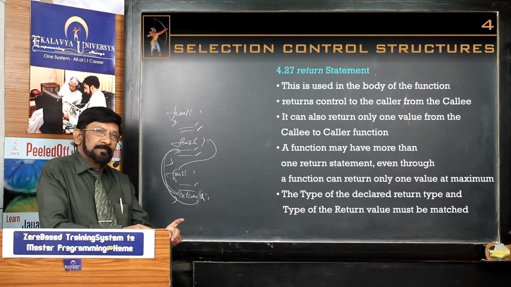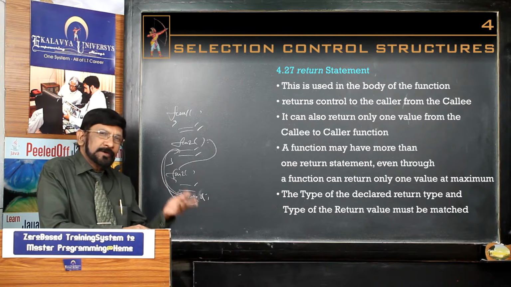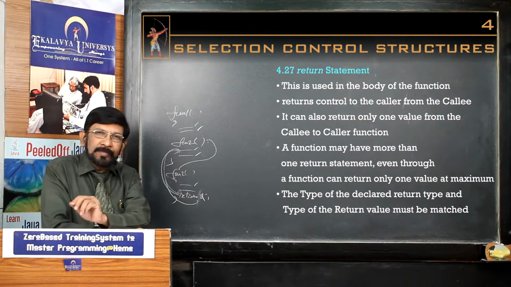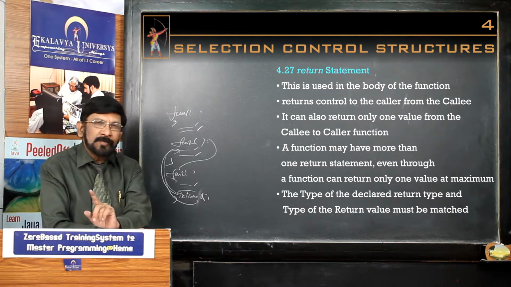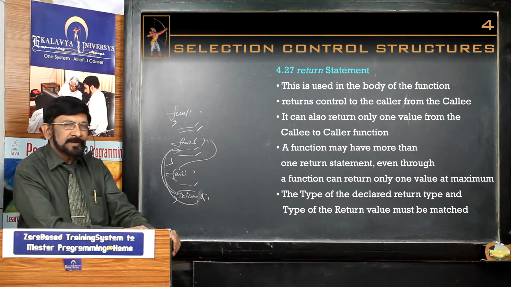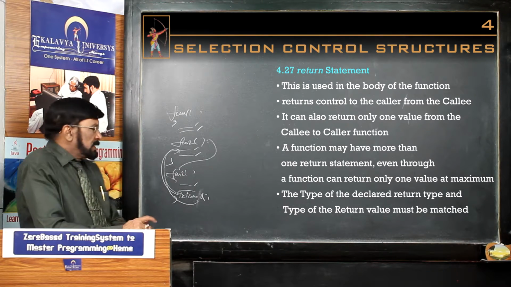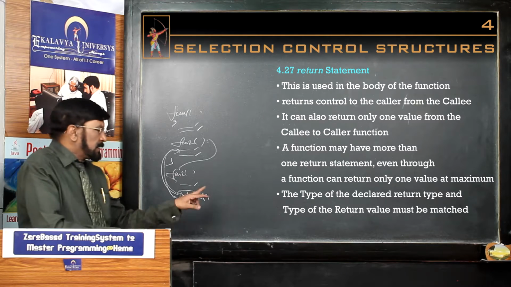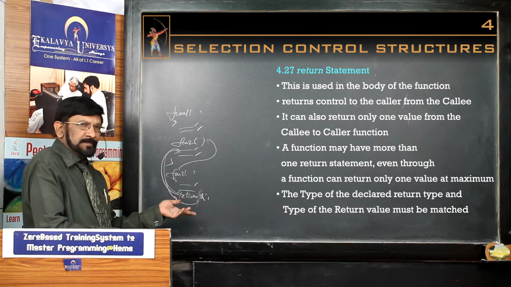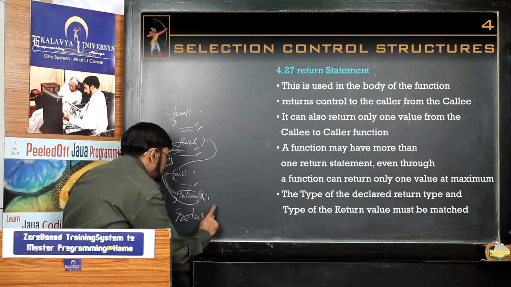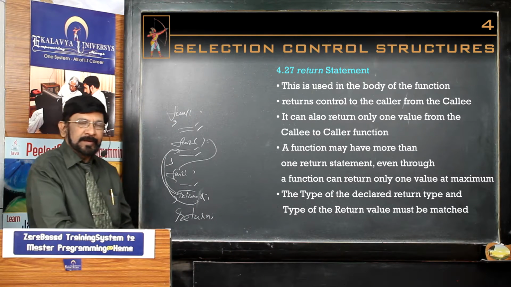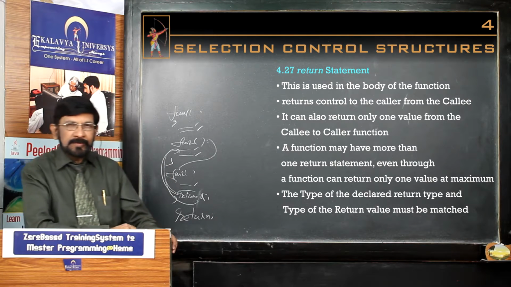Here one very important point you have to understand. A function can return either 0 or a maximum of 1 value. That means a function cannot return more than 1 value for one call. If a function does not return anything, writing a return statement is unnecessary. If you want to write just a simple return, you can write.